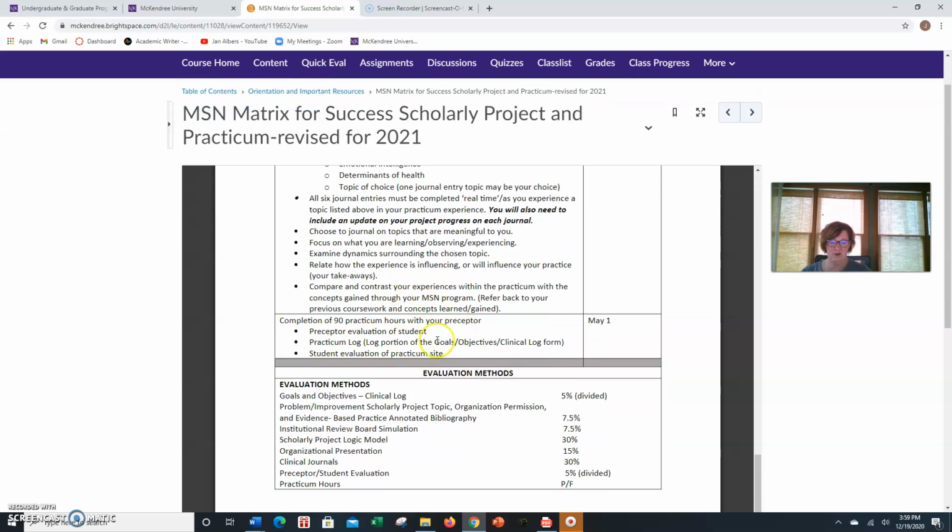And here's where we get back to the preceptor evaluation of students and the student evaluation of the practicum site and the preceptor, which is due on May 1. That's the finality as far as the course itself, but with the May 1 date, there are a few days in case there are students that had preceptors that